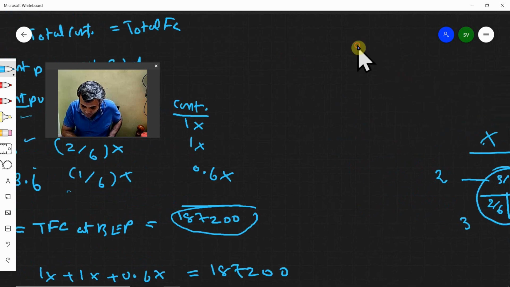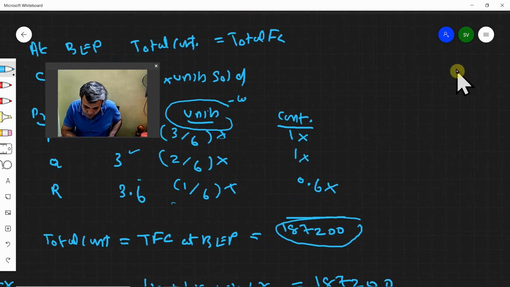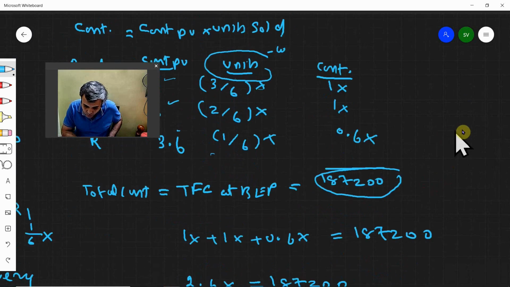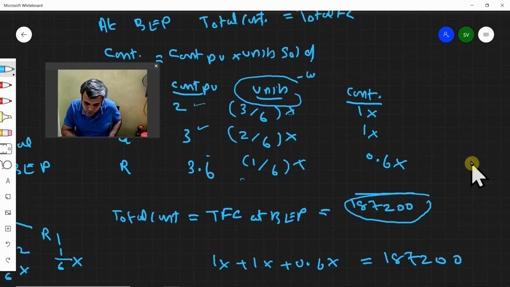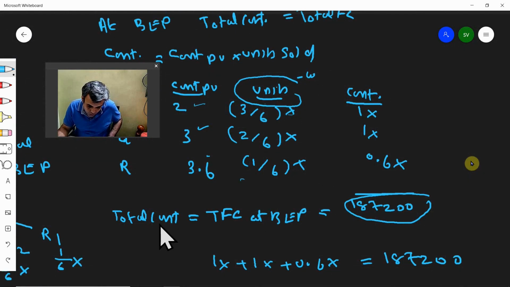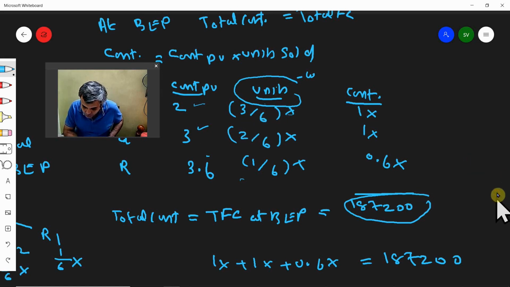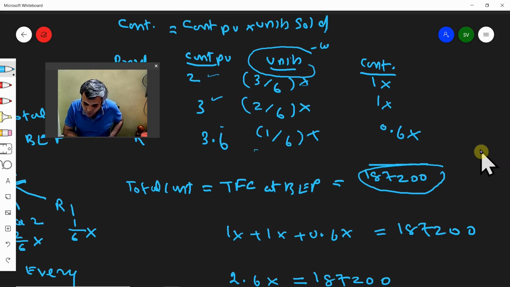Now you are able to visualize it simply. It is enough if you remember the formula: fixed cost divided by weighted average contribution per unit. Why it is being used, I have shown you here. It is about total contribution equating to FC. Total contribution is made up of 2 factors: contribution per unit and the unit composition. When you consider unit composition and consider an average, it becomes weighted average. That's all. Weighted average contribution per unit. So that is regarding the overall break-even point in units, the break-even point in units for a multi-product company.